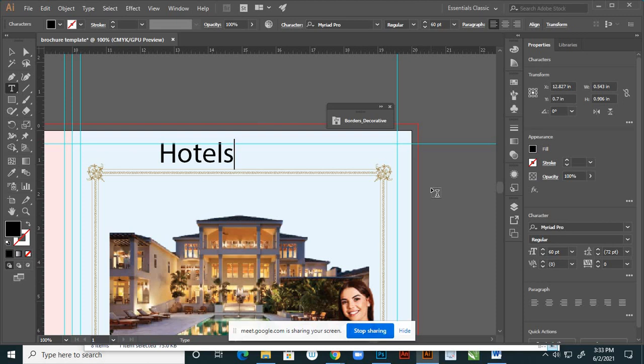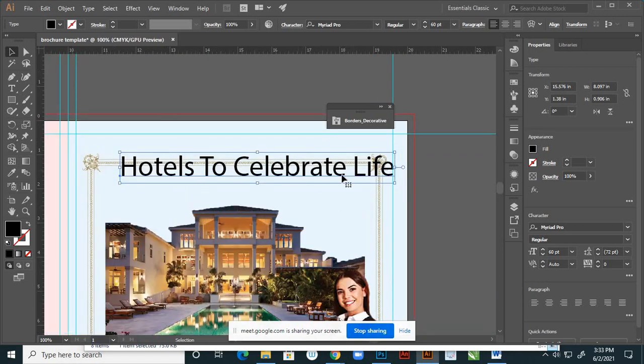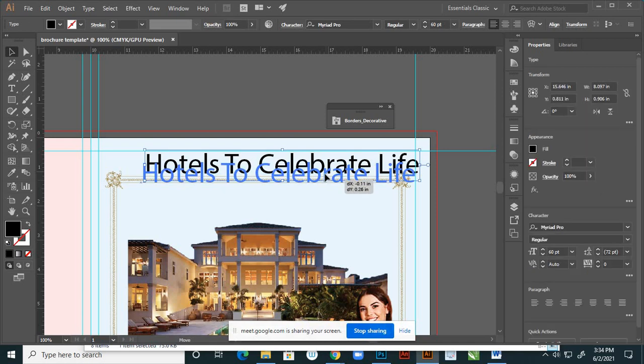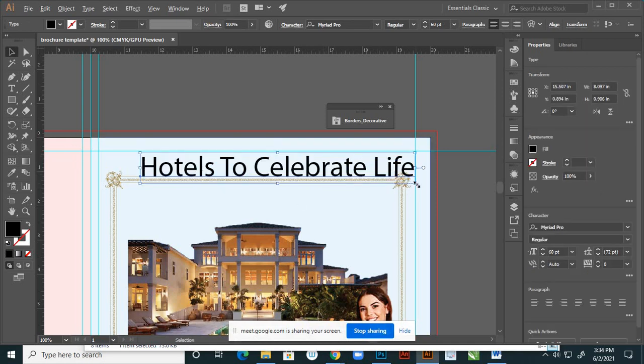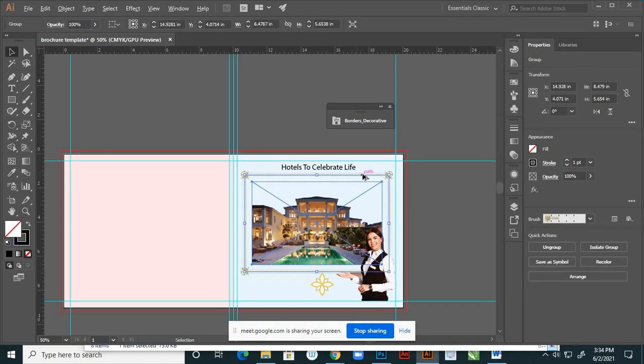To celebrate life. Right. So here, make it small size, right? Keep here, align this to center.